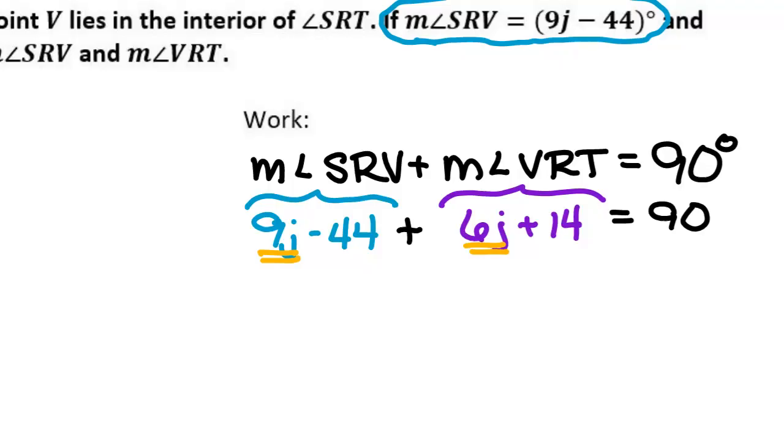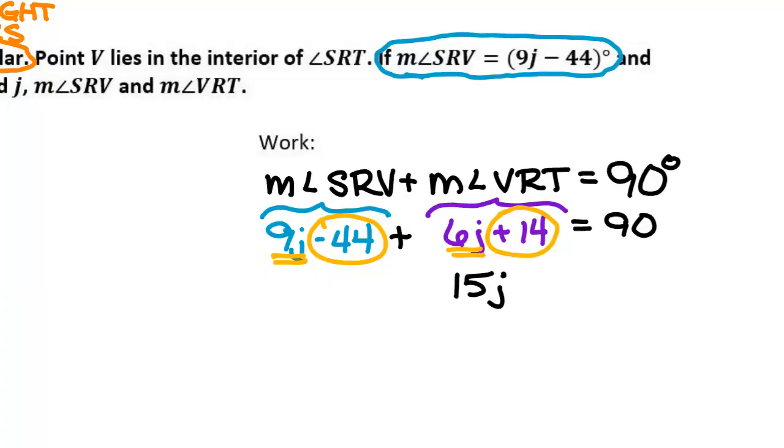Thank you, Antonio. 9 plus 6 combines to give me what? 15. So I have 15J. And then we combine our constants together, negative 44 and positive 14. What is that going to combine to give me? Negative 30. So I have 15J minus 30